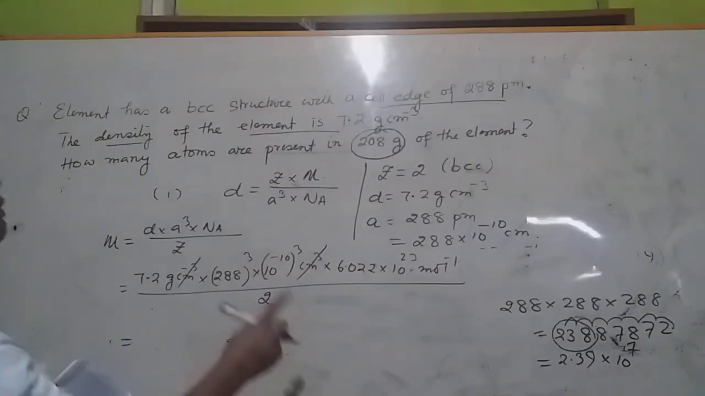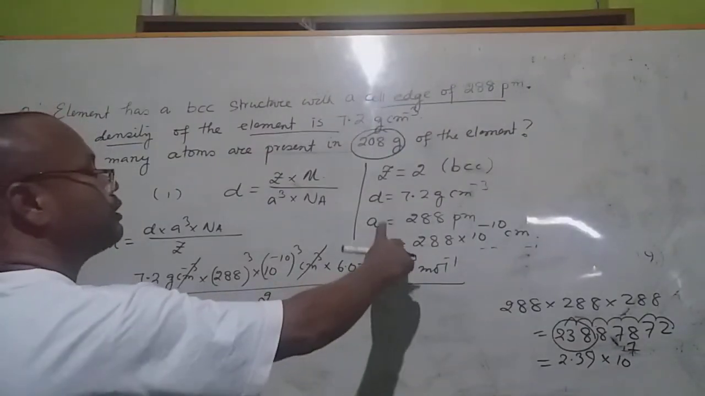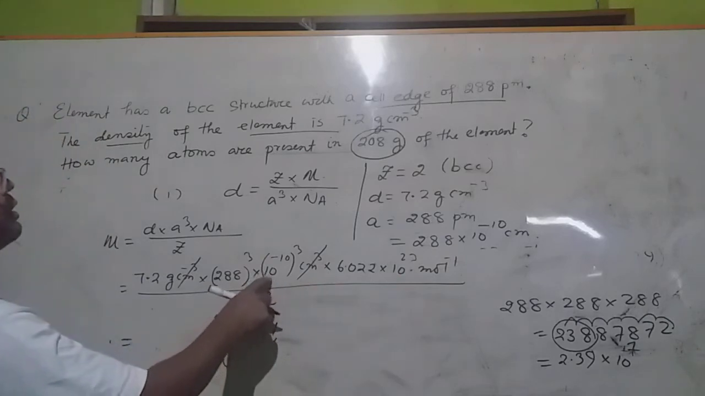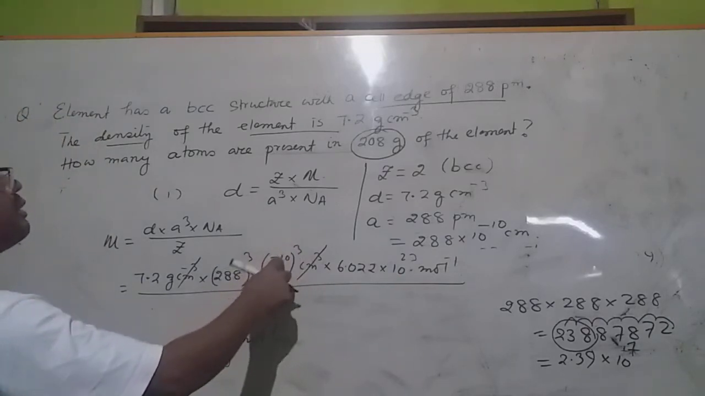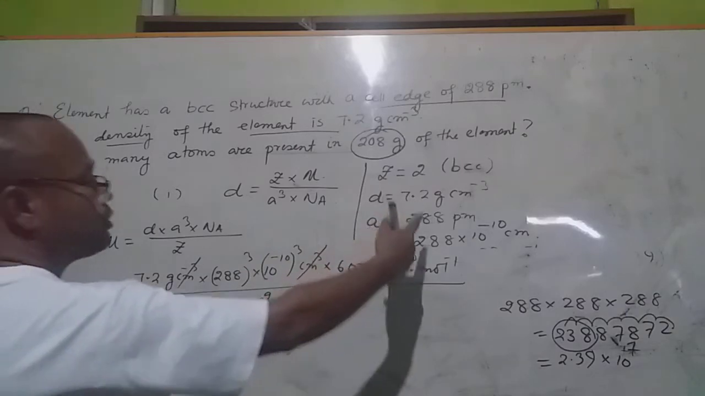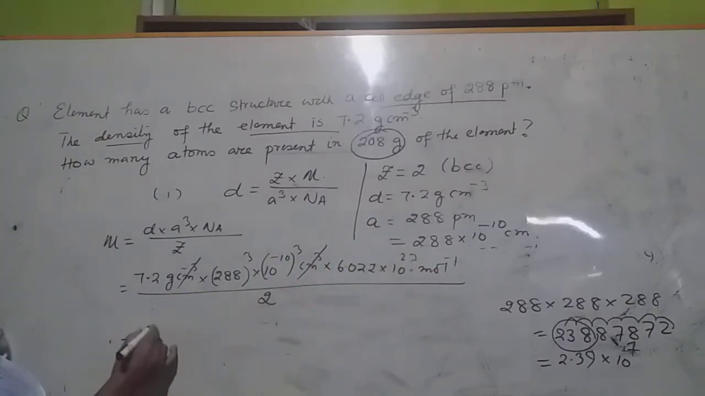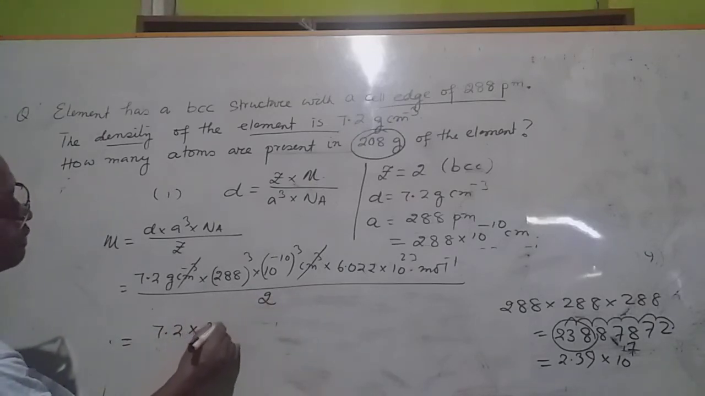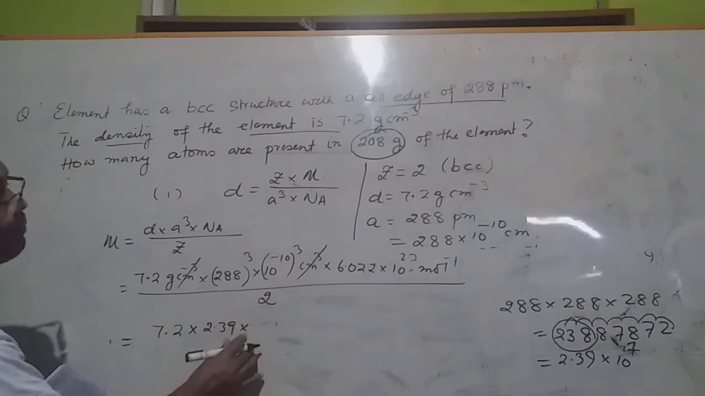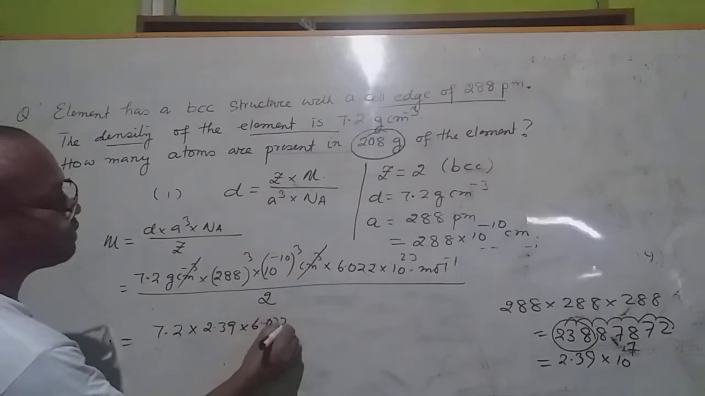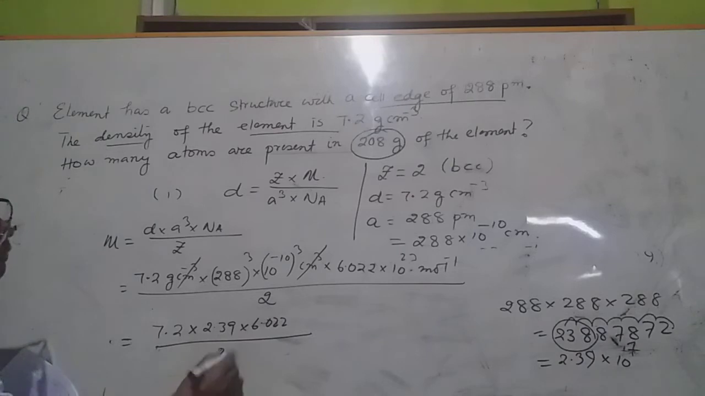Now here, 10 to the power 7, 10 to the power 23, that will be the 30. And when we do this, 10 to the power minus 30, then this can be cancelled. And what will remain here? So this 7.2 will remain, into 2.39, then 6.022 will remain, and divided by 2. So when we do the calculation, what is the molar mass of the element we found? That is the